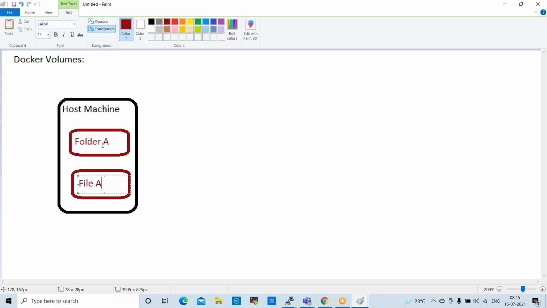So normally in real time, what will we do? The application team will be there. For example, one Flipkart site is there. In the Flipkart site, we have so many microservices, right? If they want to update any microservice, any application, every time they need to log in to the Docker machine, the Docker containers.